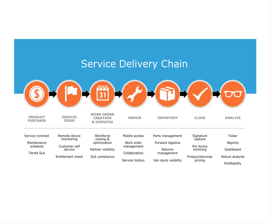If a service issue is to arise with the specific product or a location, you can allow the customer to manage it via self-service. You can check entitlements. We even can allow end-to-end remote device monitoring with the ability to have the machines alert you to any product issues using our product pulse capability. And then full work order creation and dispatch functionality to be able to route the work order to the appropriate technician, ensure SLA compliance, and maintain complete partner visibility if you have third-party partners that are delivering service for you